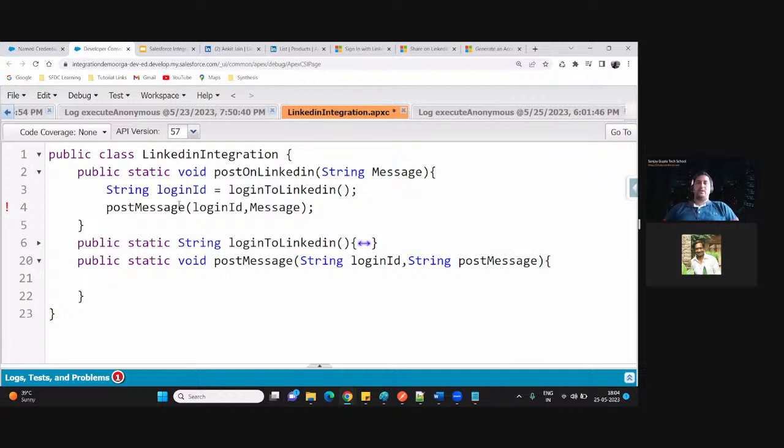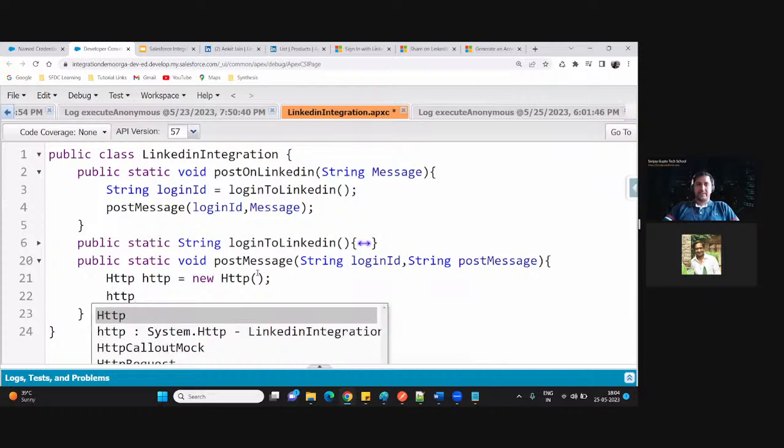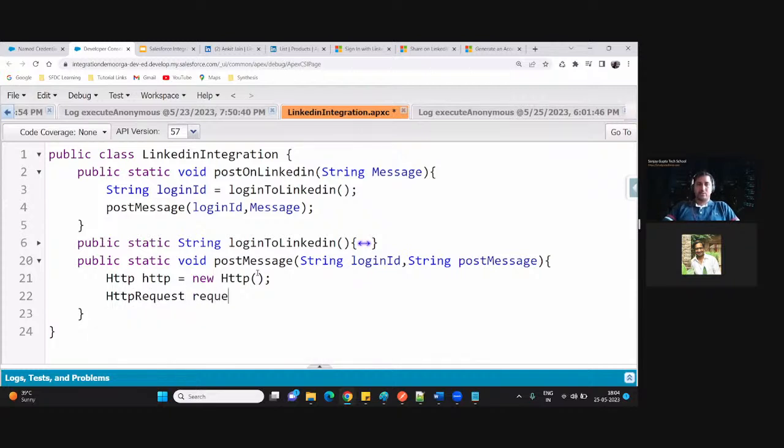Now I'm taking another step to perform the post operation. So again I will define the HTTP instance equal to new HTTP. Another thing that I will do here is write HTTP request equal to new HTTP request.